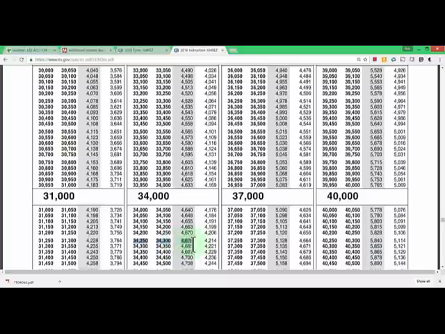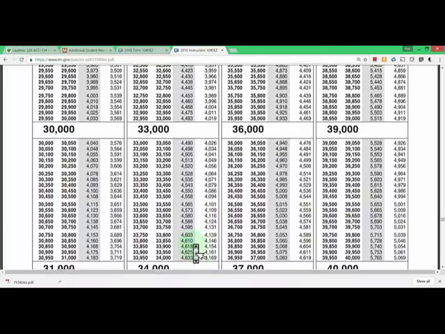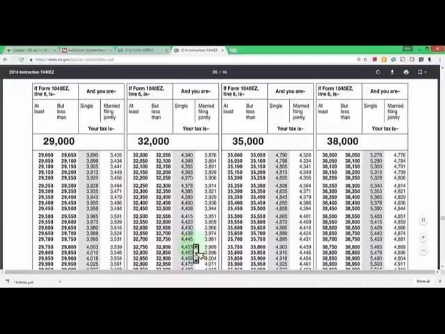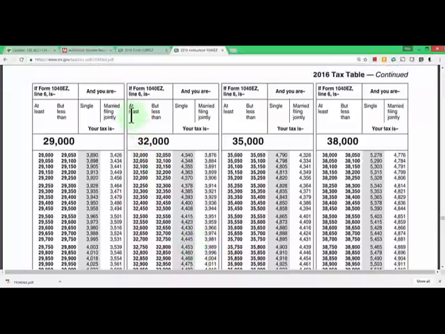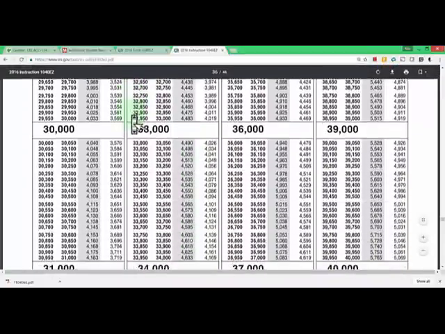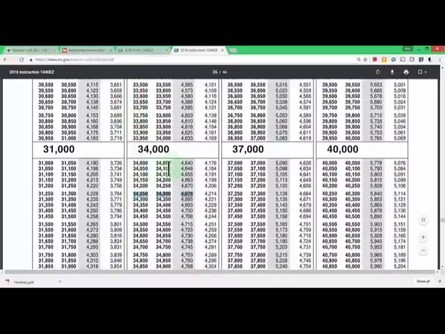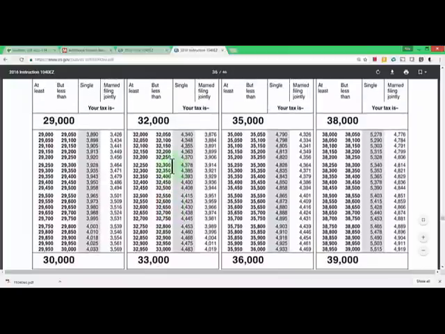You always make sure to read the headings at the top of the column where it says at least, my number, my taxable income, is this amount here, but less than